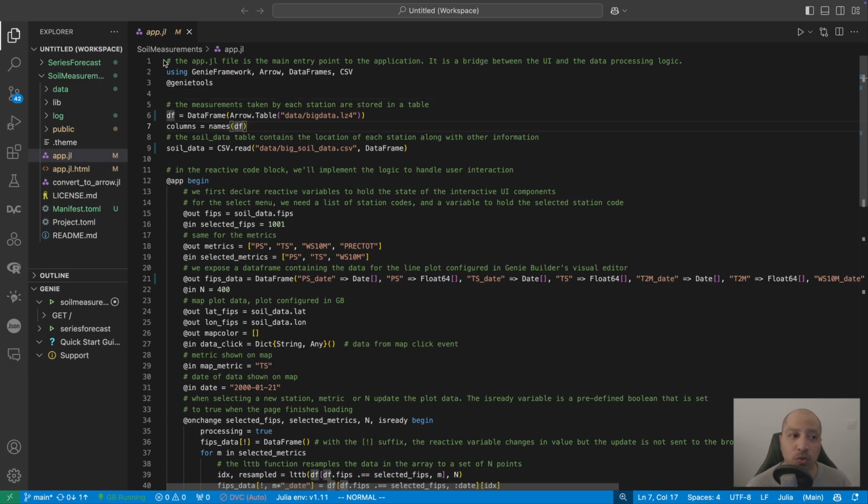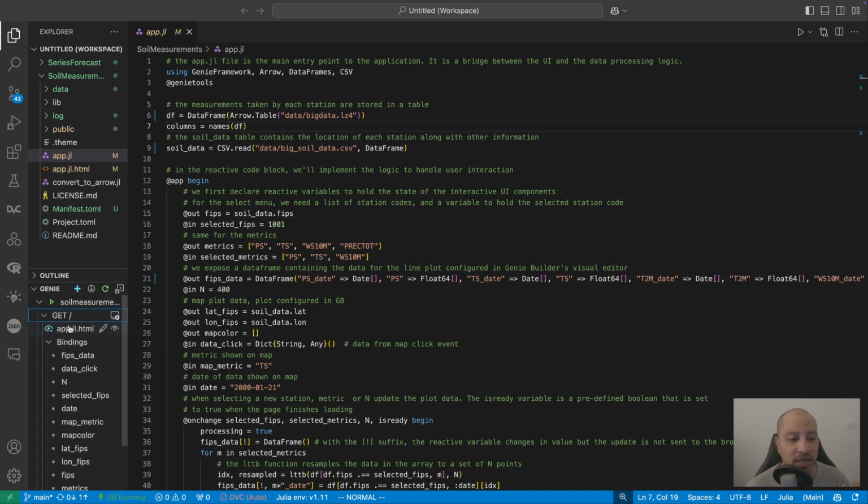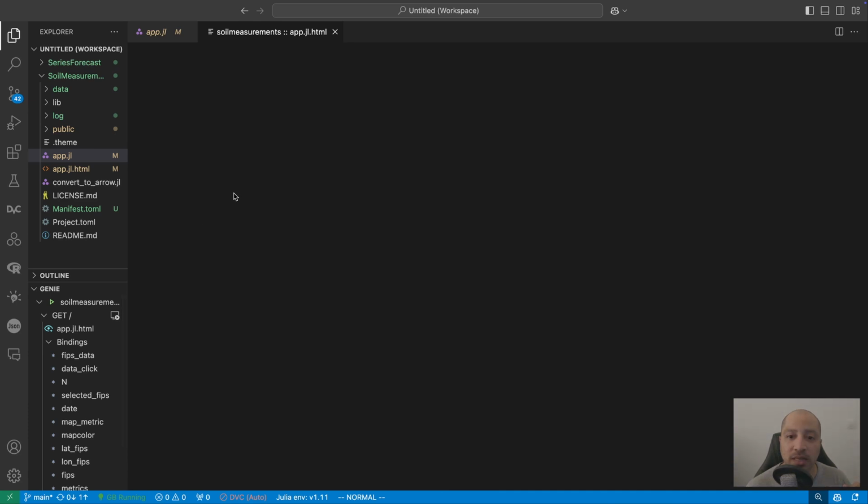And so the workflow would be to bring your data, files, models, anything into Genie Builder, set an initial skeleton for this app.gl file to load your models or data or anything, and then create the user interface using the visual editor. So let's see how to do that by launching the editor. We can do so by clicking here on this eye icon next to the view file, and this will open